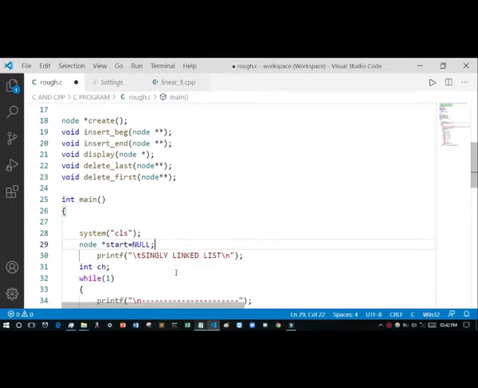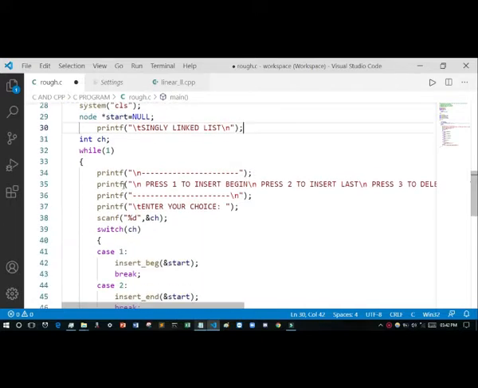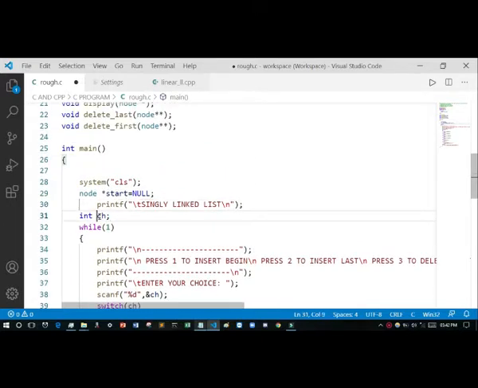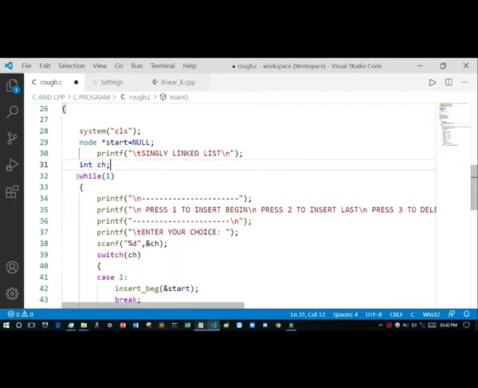Then I use printf to display the heading for the singly linked list, and I use ch for choosing. I will create a while loop for the menu driven program.